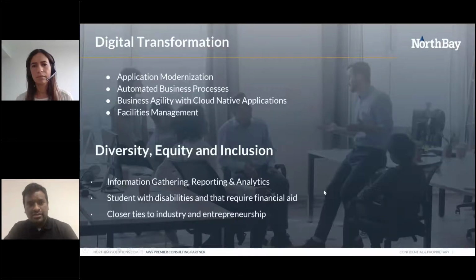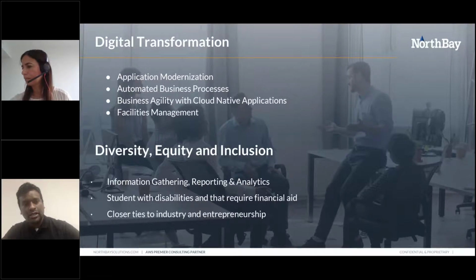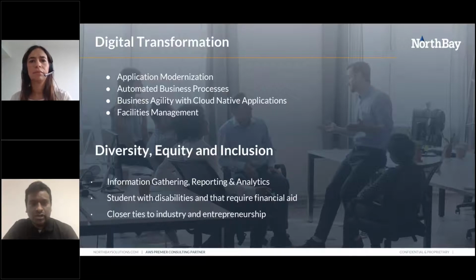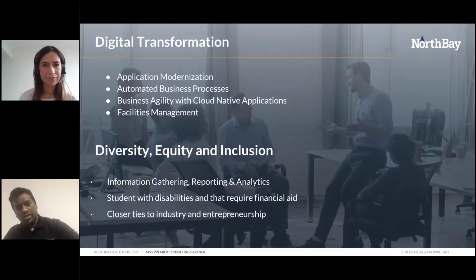Taking the same theme forward, and how it relates to the educational institutions' focus, as we discussed in the agenda, there are multiple areas these educational institutions are looking at. Let me talk about a couple of things. One is diversity, equity, and inclusion. This is a key focus across the globe, across all institutions.